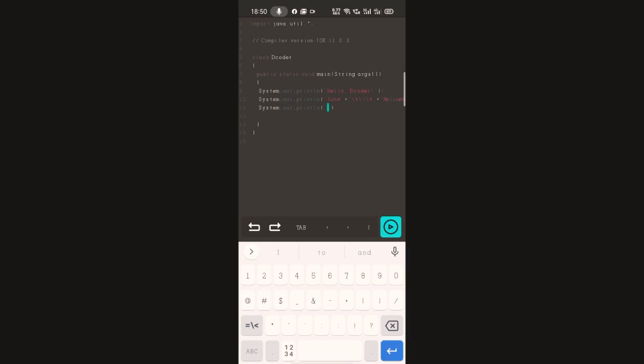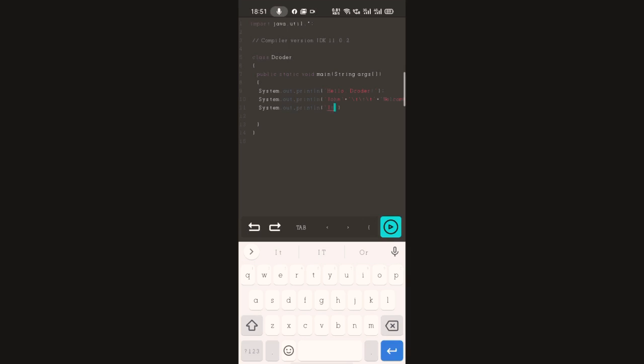Let's try the escape sequence to give a single quote. After it I want to give a double quote.